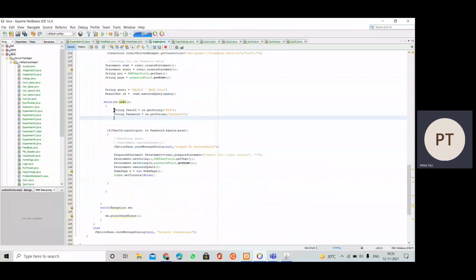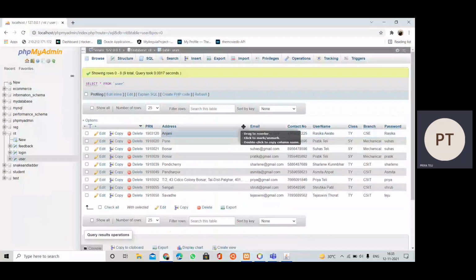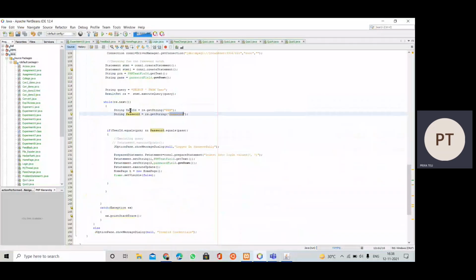So now we have fetched the values from the column, that is prn and password, into these string variables, that is user id and password. User id and password are the string variables in which we are fetching the result returned from this query. So we are going to fetch the values from prn and password column. So these are case sensitive. We have to mention here the column name as there in the table. So I'm having this prn and password columns here. So I have written it as it is there to fetch the values from particular row, for each iteration, into these string variables.